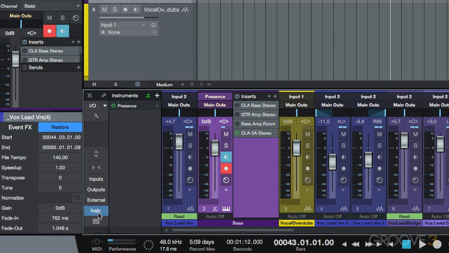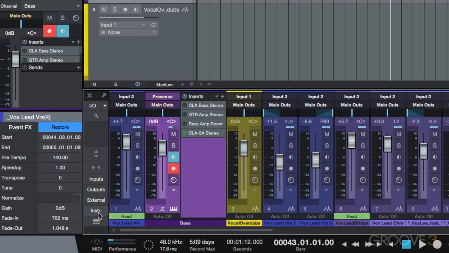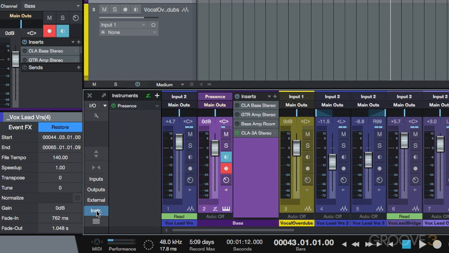So you'll see, for example, I'm going to just hide this for a second. We can make this view visible by simply clicking this instrument tab. Now, I currently have this track record enabled, so you'll see that we have a green instance of Presence XT, and that's the virtual instrument that I'm going to be using for this overdub over here. Now, in addition to that, you'll also see that this plugin is green. In fact, all of these plugins are green if I was to make them show up. They're all green over here. But I'm only going to be using one or two of them,